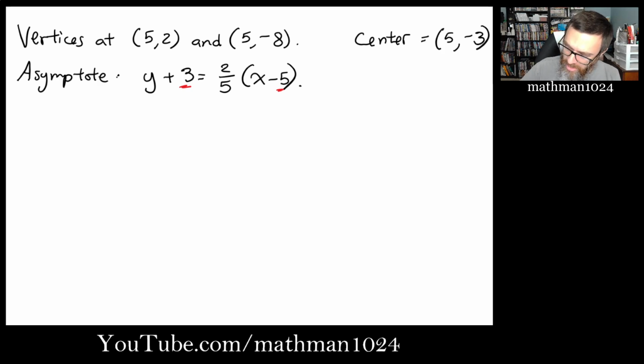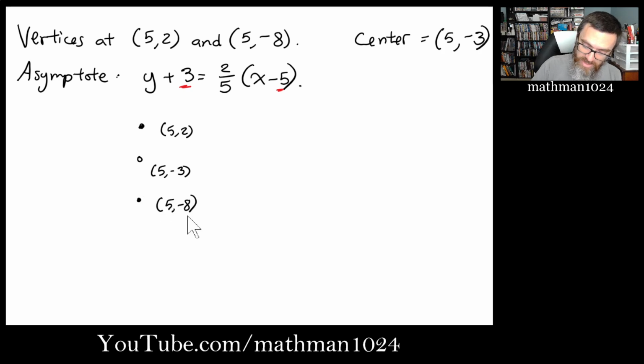All right, so let's see. My vertices are (5, 2), (5, -8). My center is (5, -3). Get the orientation on this right. So here's (5, -3), and I'm going up for one of these vertices at (5, 2). I guess I should make that filled in. And I'm going down here to (5, -8). So it tells me that my branches are opening up and down, so something like this,